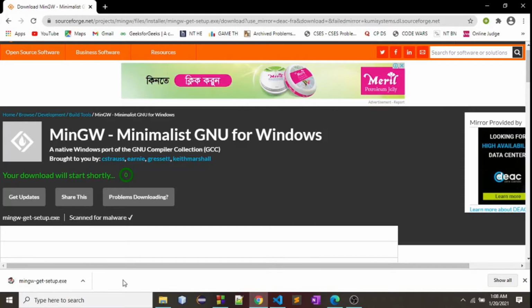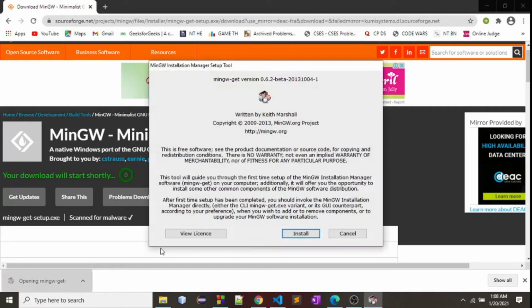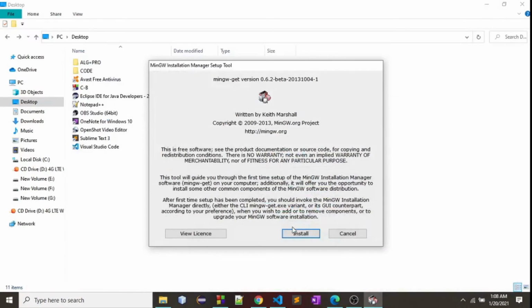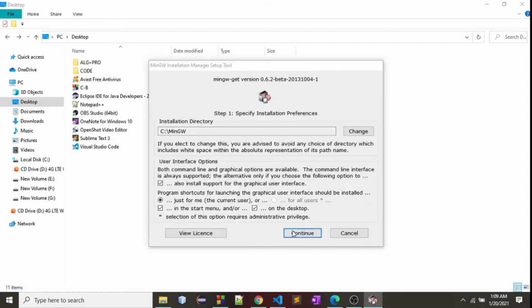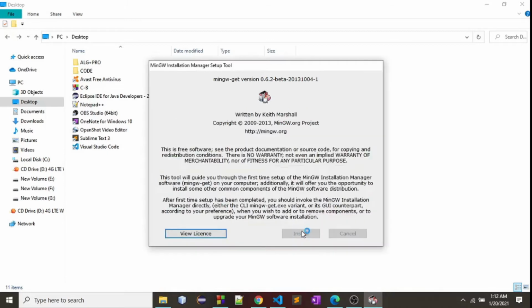I'm going to click the MinGW get setup.exe file. Let me minimize the browser. I'm going to click on install. So this is the location where MinGW will be installed. Click on continue. I'm just gonna click on continue button,